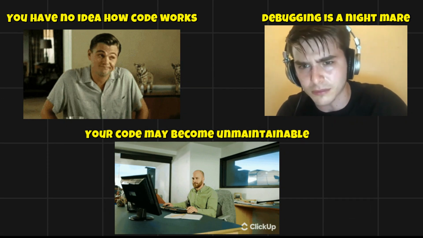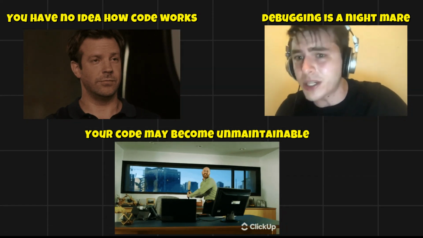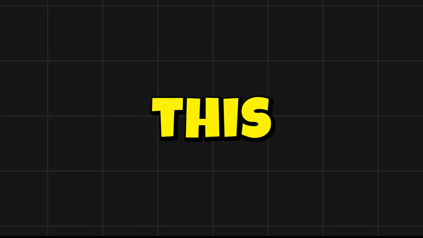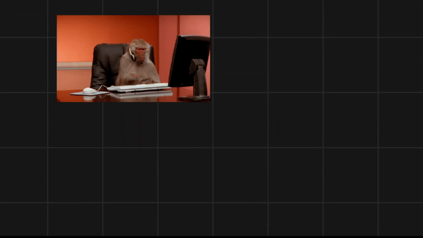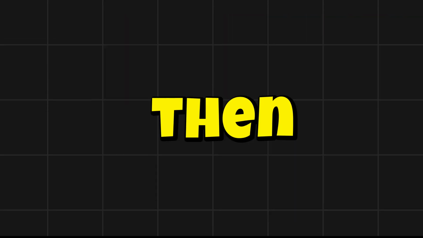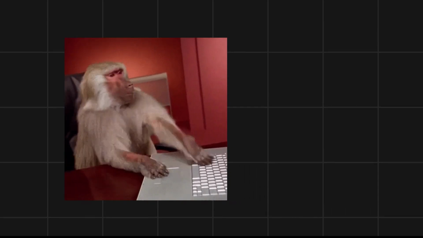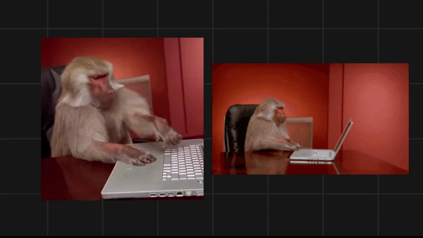Today, AI writes your code. Tomorrow, AI abandons you. And now, you have a monster of a code base. Imagine this. You build a whole startup with vibe coding. Investors throw money at you. Life is good. Then, one day, your app crashes. You check the code, and you have no clue what's going on. Absolute panic mode.